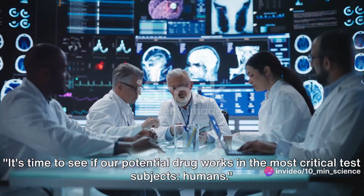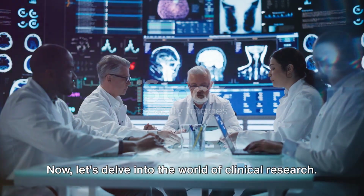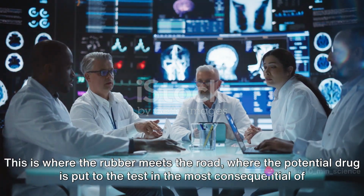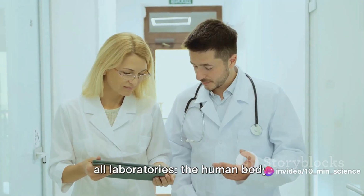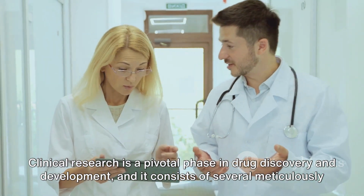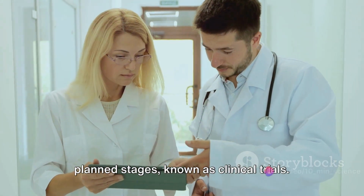It's time to see if our potential drug works in the most critical test subjects, humans. Now, let's delve into the world of clinical research. This is where the rubber meets the road, where the potential drug is put to the test in the most consequential of all laboratories, the human body. Clinical research is a pivotal phase in drug discovery and development, and it consists of several meticulously planned stages, known